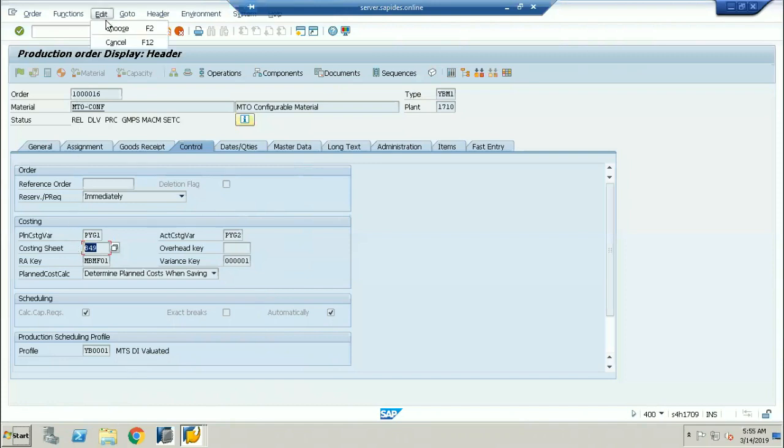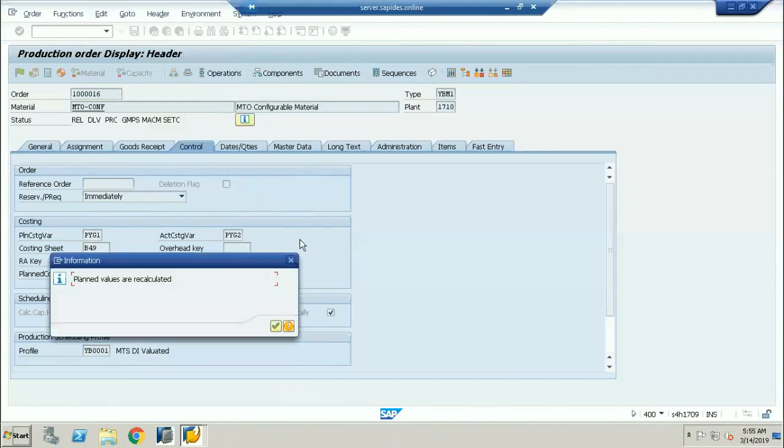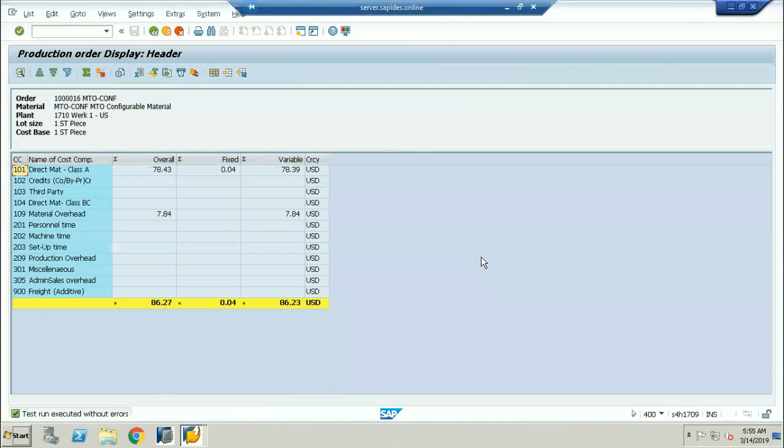Now, if I go to Cost and click on Analysis, here we have the cost component split. If I click on the cost here, they are not maintained. If I click on the cost component structure, I get the version. So this is exactly the cost component structure. Whatever cost components I have maintained, not based on the cost sheet, I'm talking about the cost component structure. This is completely based on the BOM, the bill of material you're going to be taking.